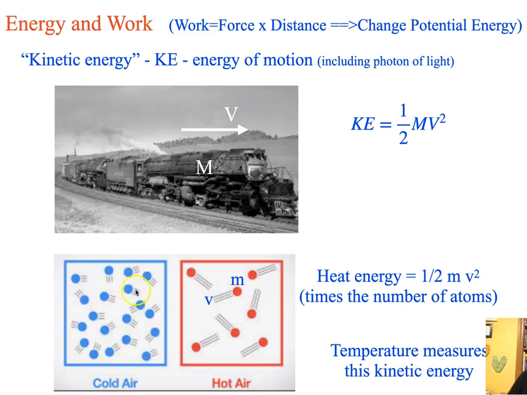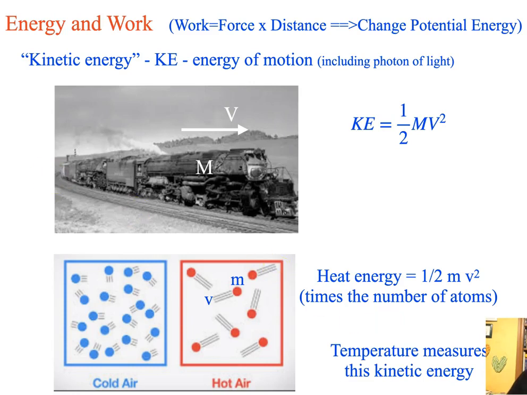So now the total kinetic energy of the molecules of the air in your room is going to be 1/2 mv squared, where m is the mass of a molecule, an oxygen or a nitrogen molecule, and v is the velocity. So as you raise the temperature, the velocity goes up. Okay? So the total heat energy in the room is 1/2 mv squared, just like the locomotive. Okay? But you have to multiply by the number of atoms in the room, which is a very, very large number, like Avogadro's number. Now, how do you know what this kinetic energy is of molecules? Well, it's the temperature. If you measure the temperature of the air, that tells you what the kinetic energy is of the